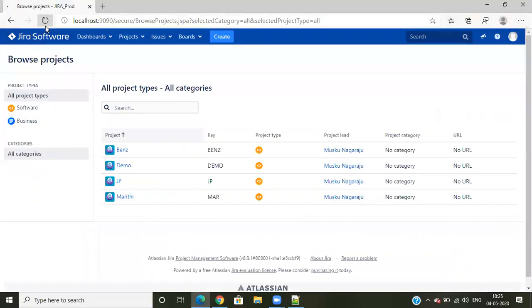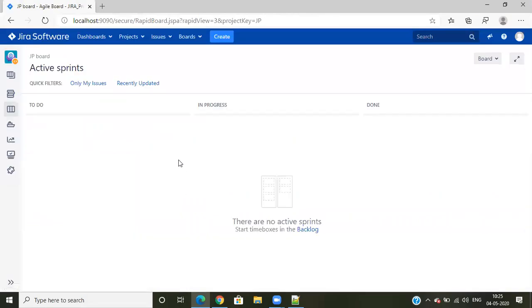Suppose I go here, this JP Morgan permission scheme is different. If I open this, Bharat is in the software group, so Bharat can access it.